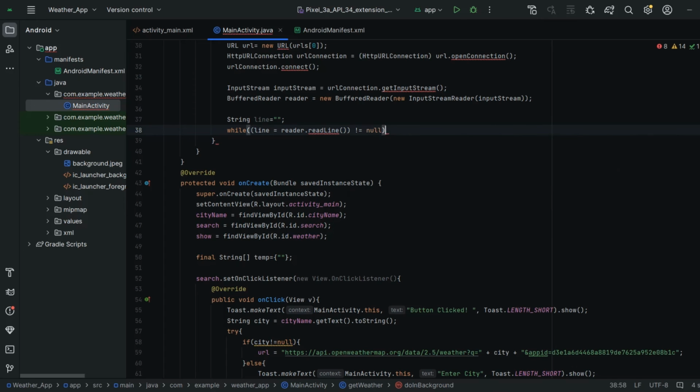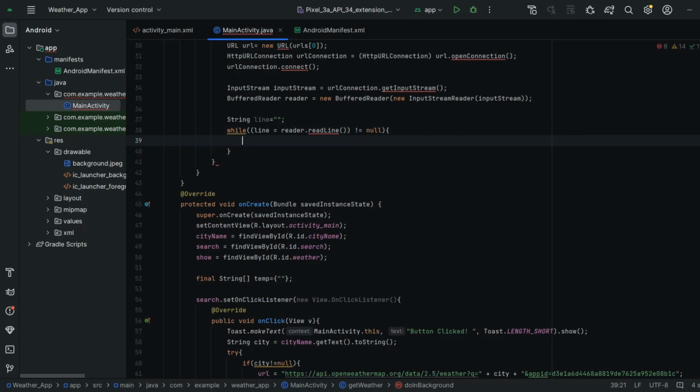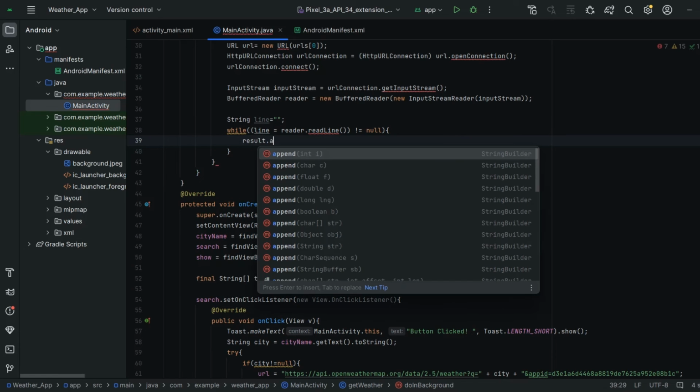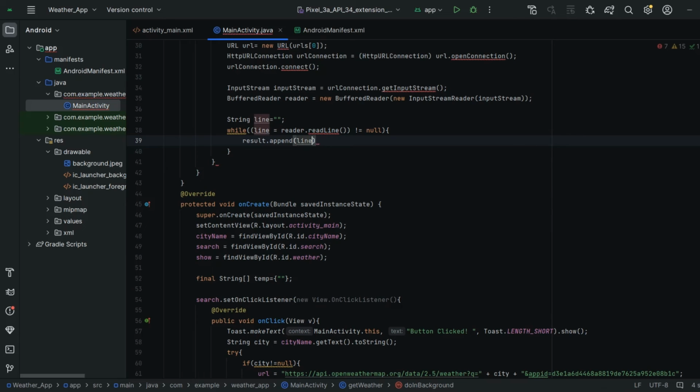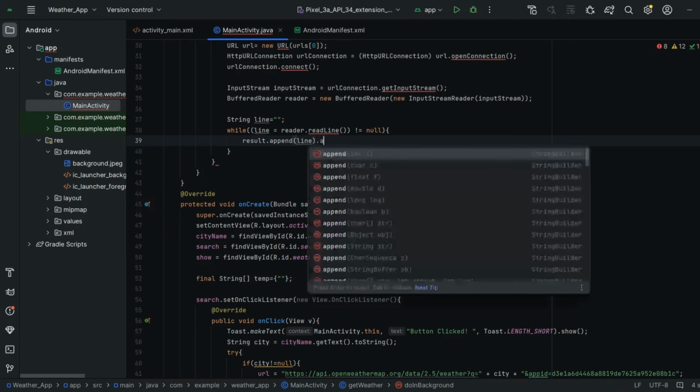If it is not null, then I'm going to append it to the result, result dot append of line, dot append the new line.